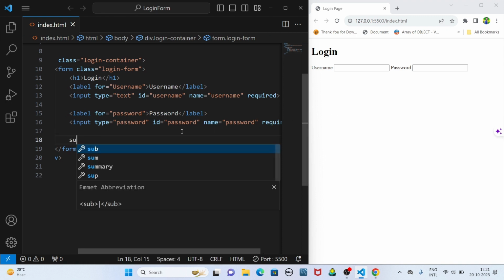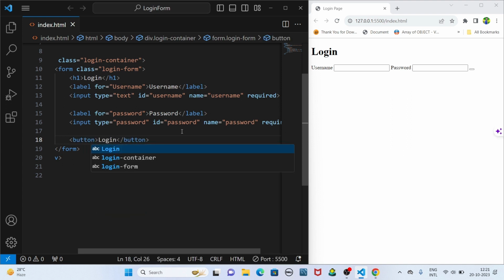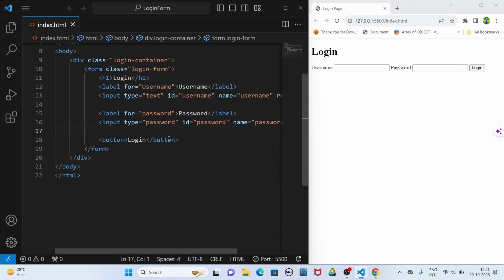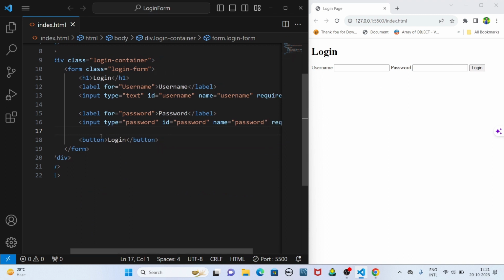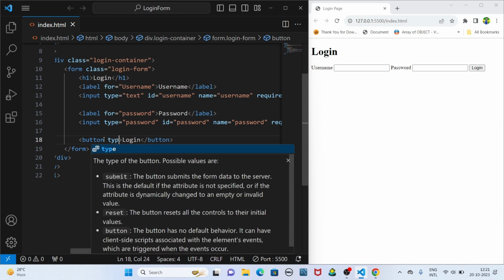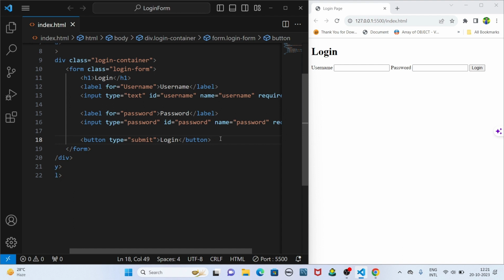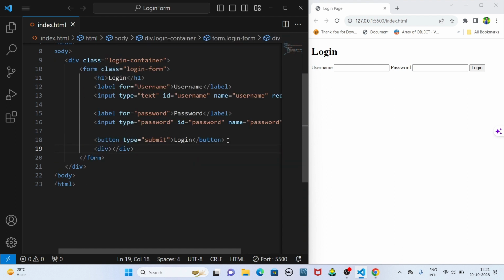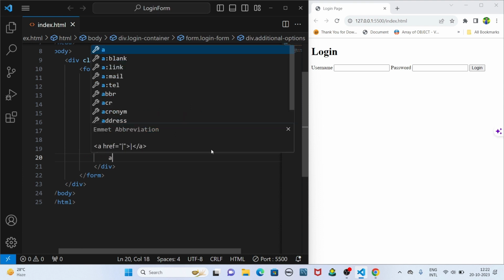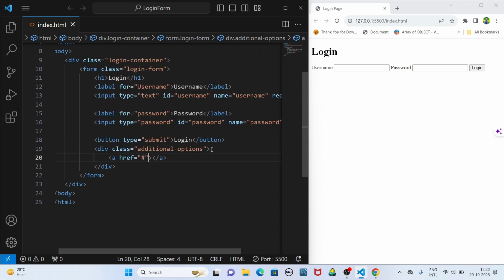Another one is the submit button. We have to write login. Yes, you can clearly see the login button here. Make type equal to submit, because whenever you click on this one, it will submit, right? Below this one, make a div tag, then class name additional option, because we have to mention forgot password,